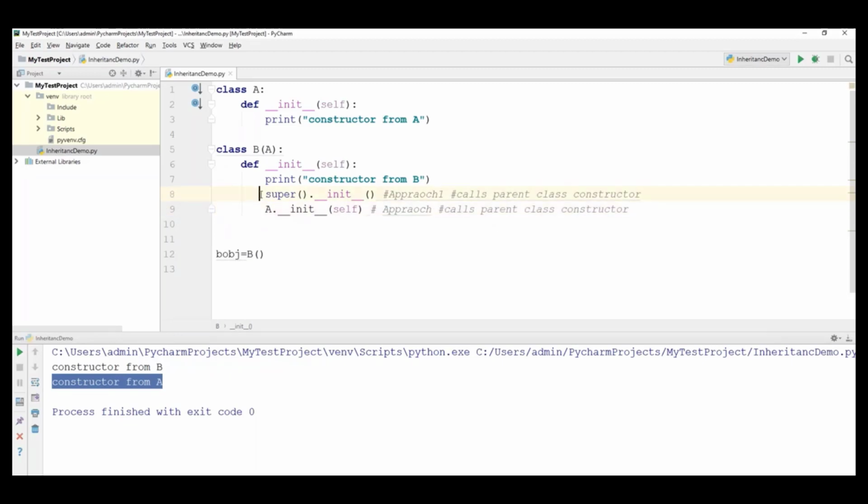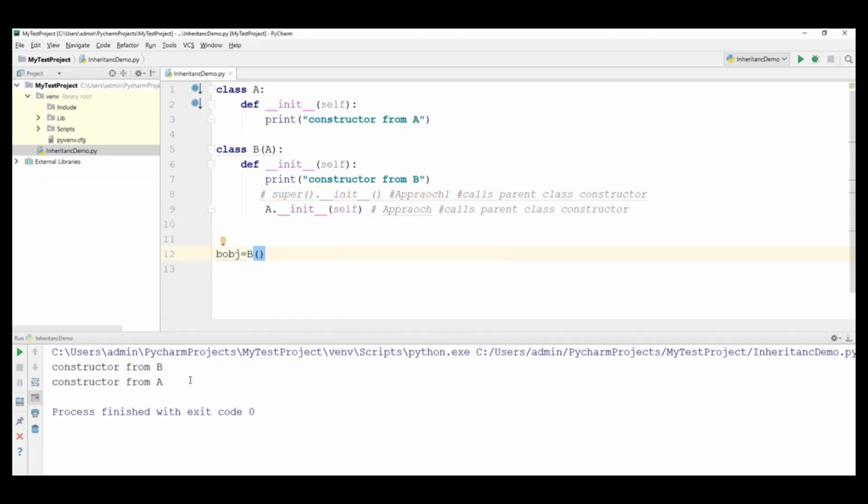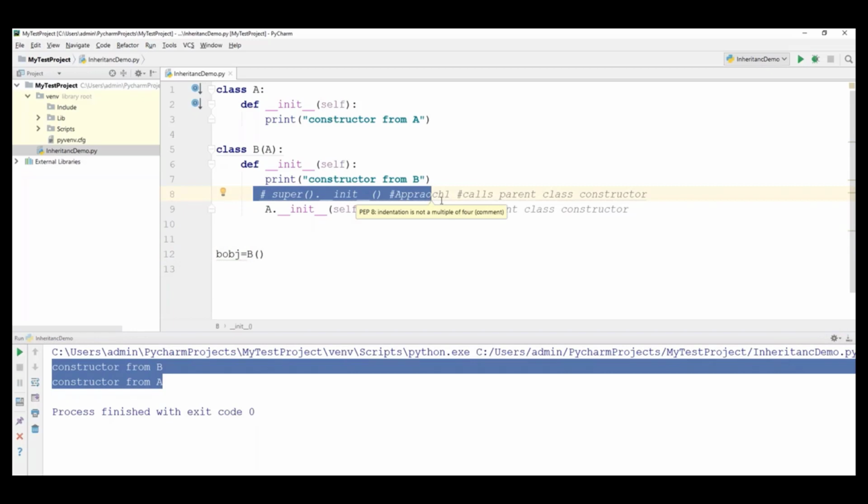Now let me run this. I am just commenting out the first approach. Now let's run this. Now you can see it is also giving the same output, right? Either we can go for the first approach, using the super keyword to invoke the parent class constructor, or we can directly use the class name, constructor name, and pass the self keyword, and it will invoke the parent class constructor.